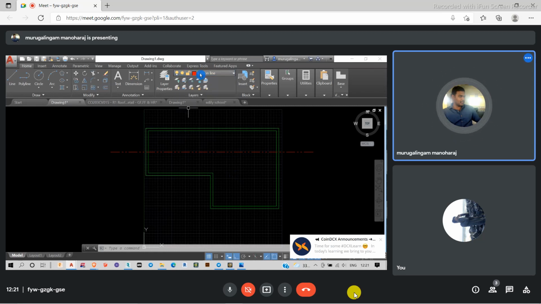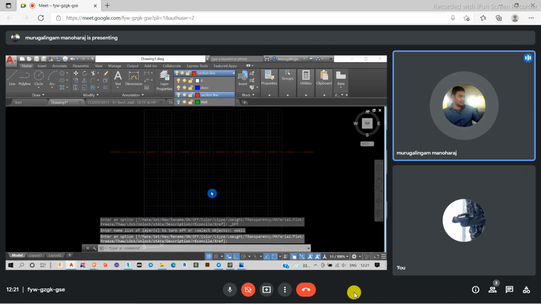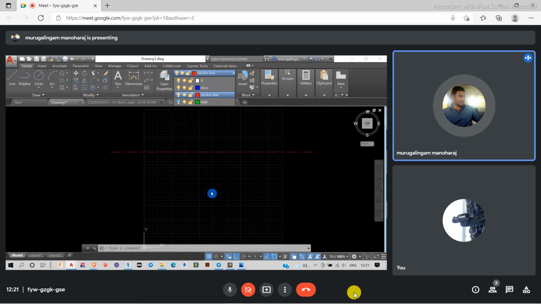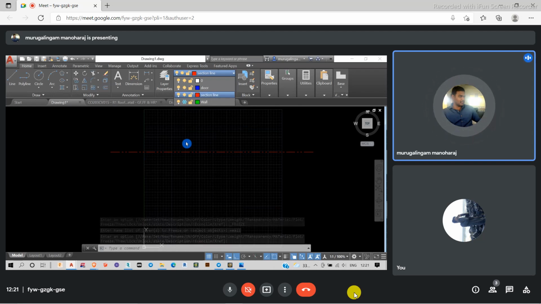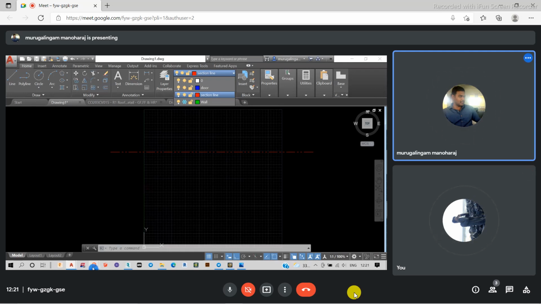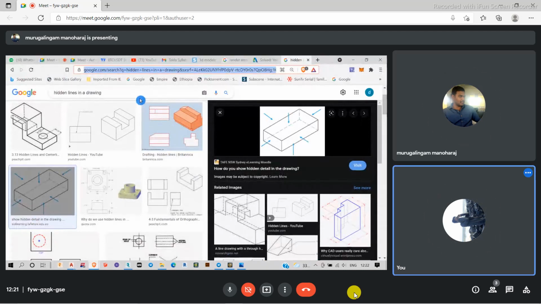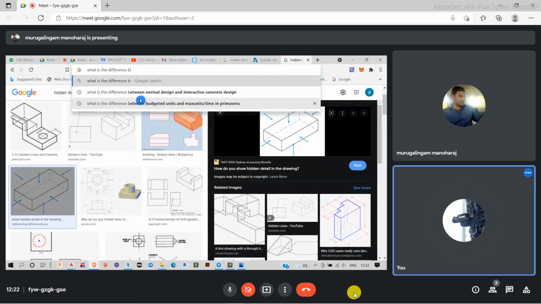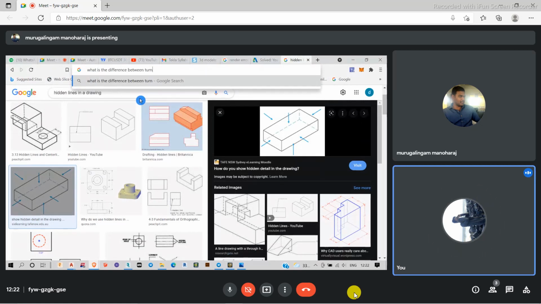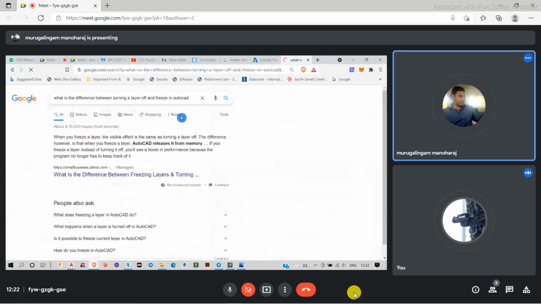The same thing is happening here. When I click this option, turning your layer on or off, it is hiding the objects, but AutoCAD will keep them in its memory, so separate space will be occupied by them. But when I click the freeze option, it is hiding them, and at the same time AutoCAD doesn't keep them in its memory, so there will be a boost in performance.